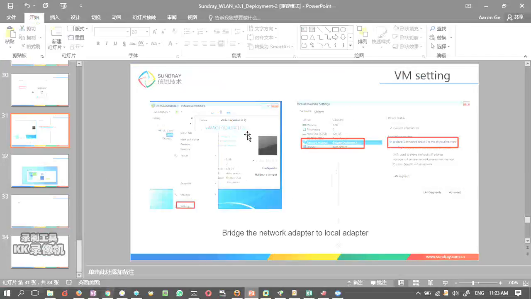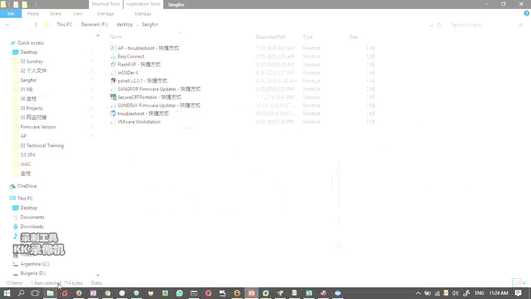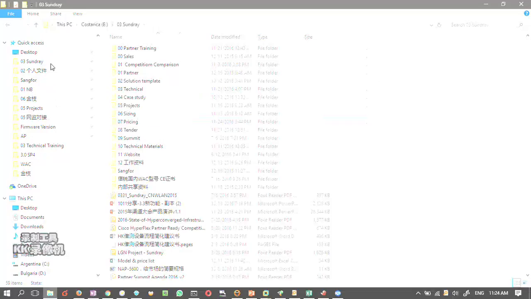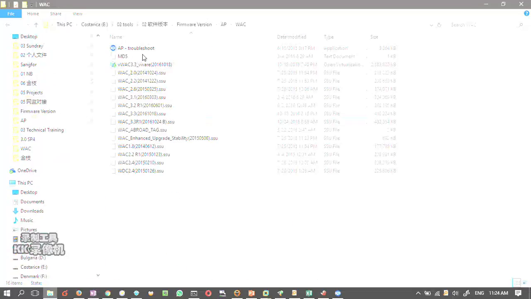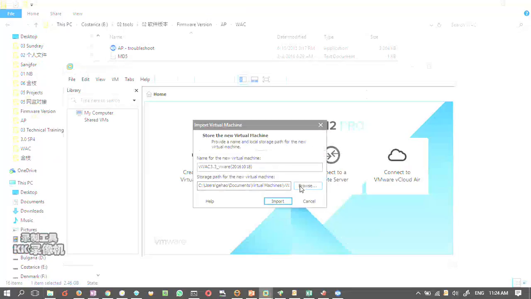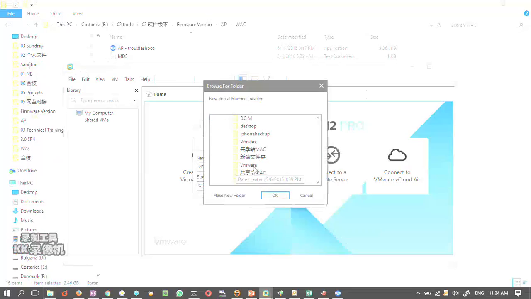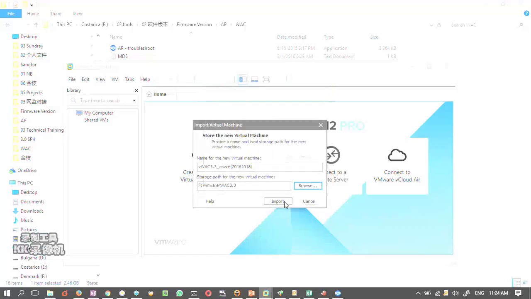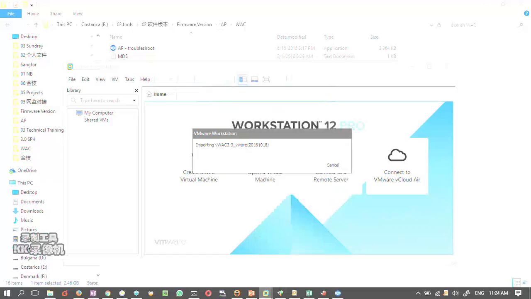So for deploying the virtual controller, we can go through the procedures like this. First, to get the firmware. So we have the OVA file here. So just open with the workstation and install it. We just import it and